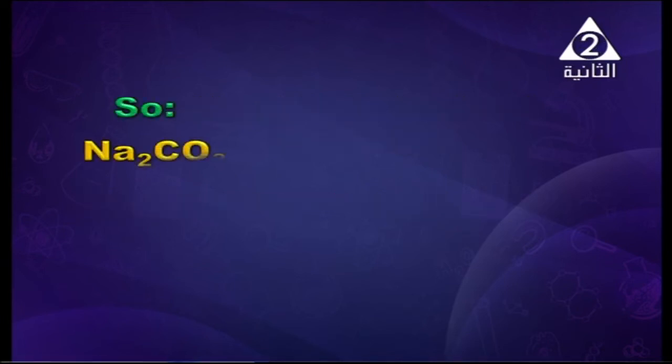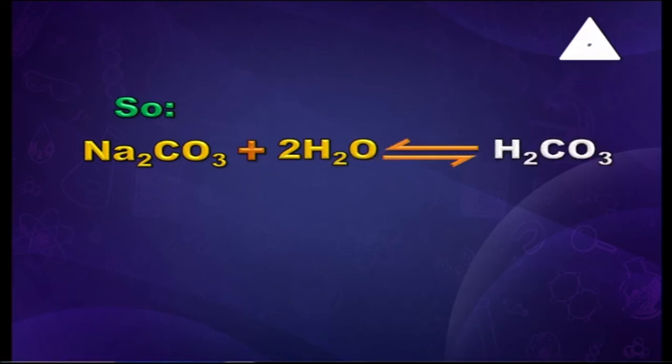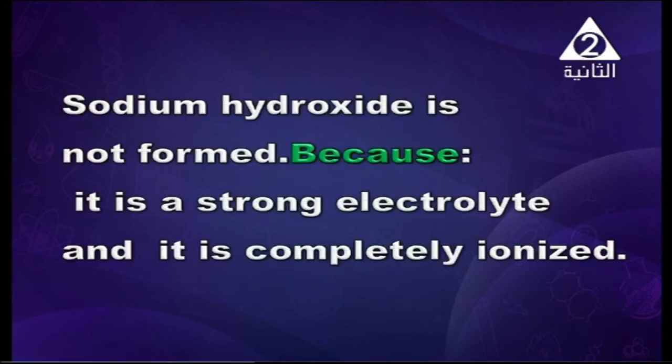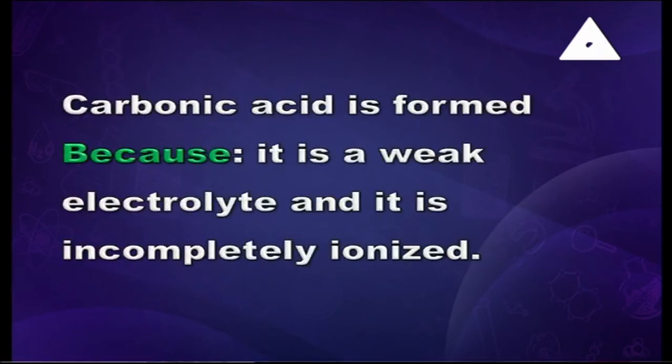And here, as sodium carbonate reacts with water, carbonic acid is formed as it is a weak acid, and the sodium ion and the hydroxide are present as a strong electrolyte, strong base. So we can say sodium hydroxide is not formed because it's a strong electrolyte and completely ionized, and the carbonic acid is formed because it is a weak acid